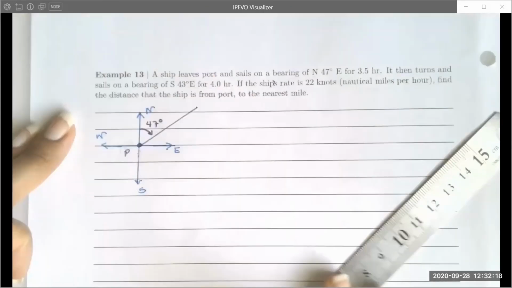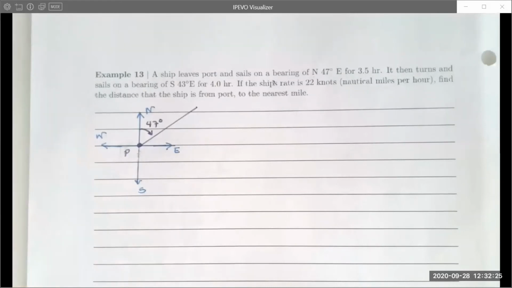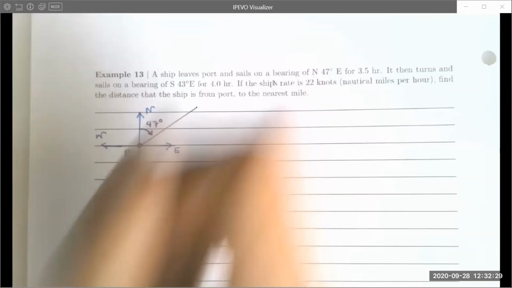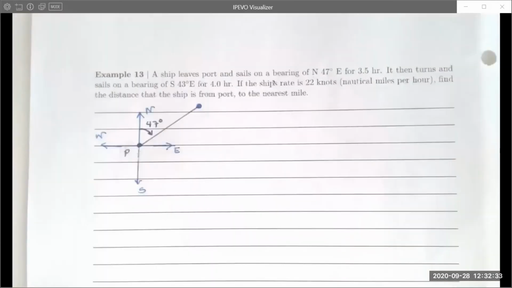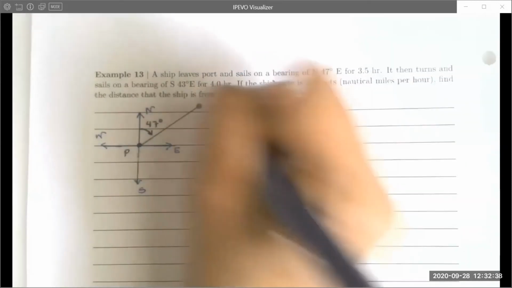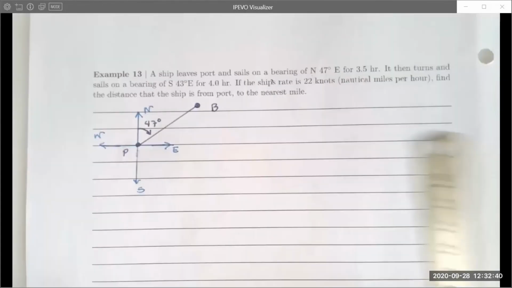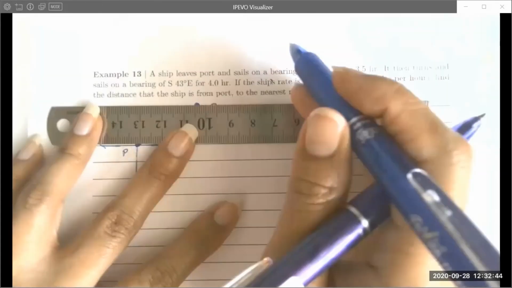And it travels in that direction for 3.5 hours. It then turns and sails on a bearing of 43 degrees east from south. So from this point, this new point, which we're going to call B, we have a change in bearing. So if we draw the 4 directions there,